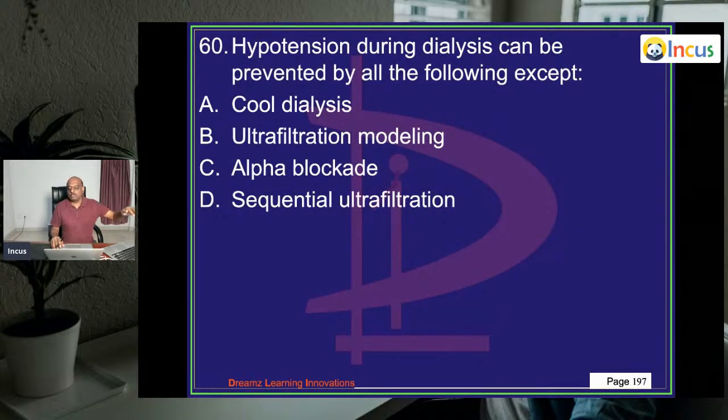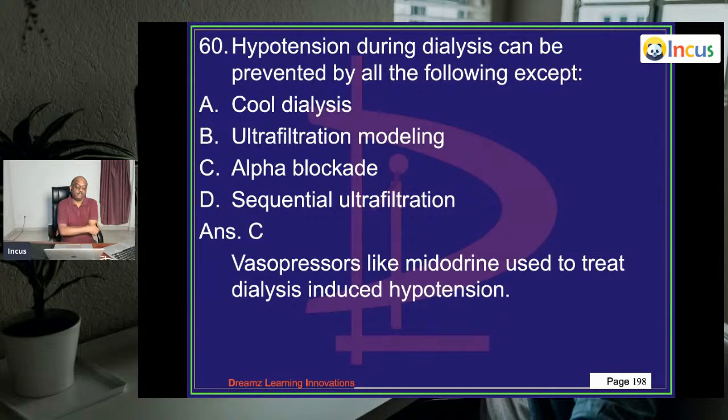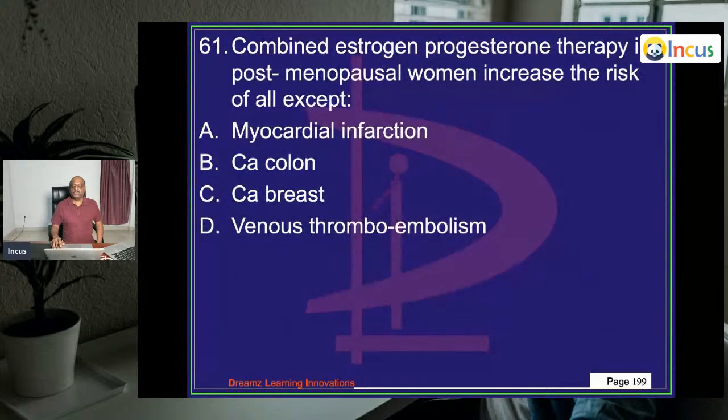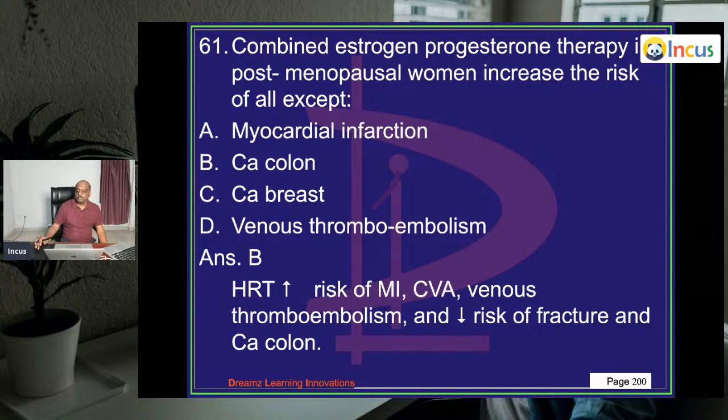Hypotension during dialysis, how can you prevent it? Sequential ultrafiltration, cool dialysis, ultrafiltration modeling, they are all the various techniques. And a vasopressor like midodrine is also used to treat dialysis-induced hypotension. Combined estrogen-progesterone therapy in postmenopausal women, what will it lead to? It increases the risk of... hormone replacement,